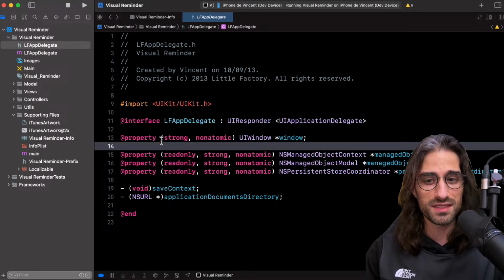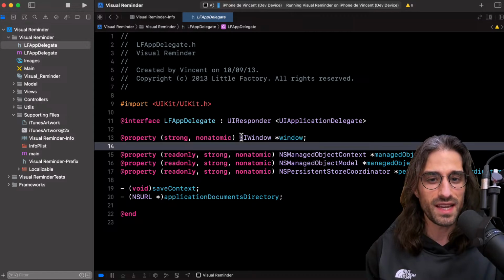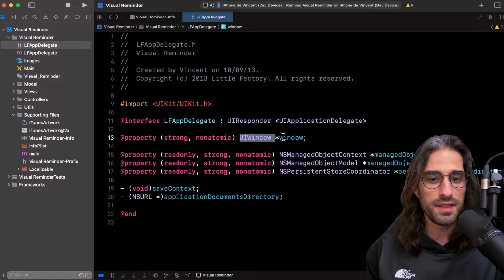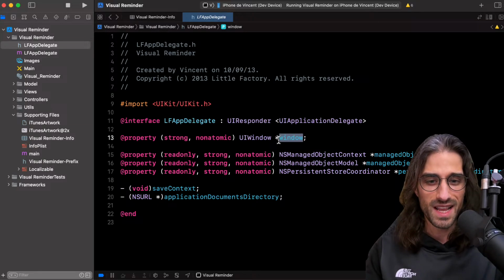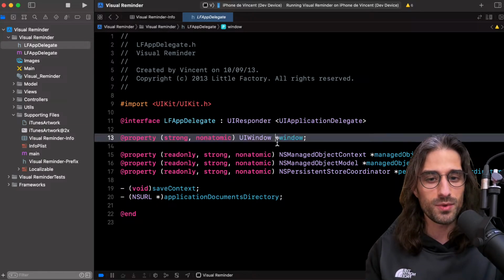Then we had properties. So properties, we used at property, and then a C-style syntax where you have the name of the type and then the name of the property. I was about to say of the variable, but it's kind of the same thing. You can notice this little star right here, which says that we are dealing with a pointer, and basically anything that inherited from NS object was a reference type in Objective-C.